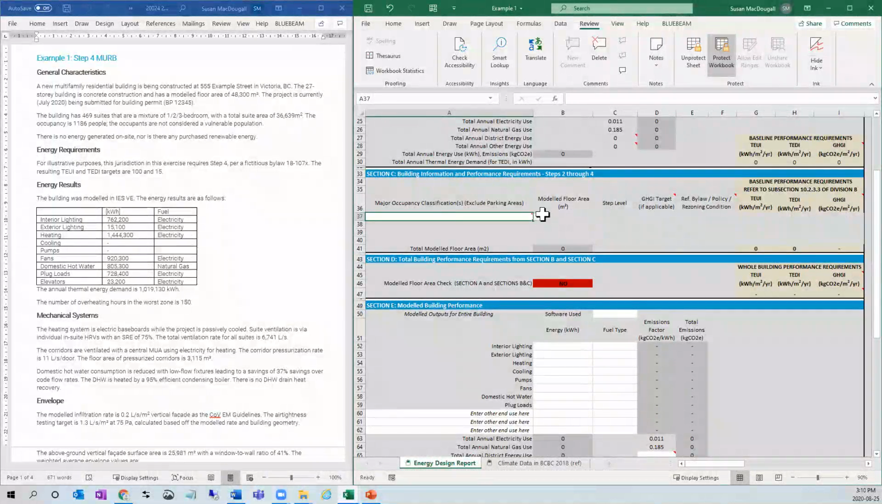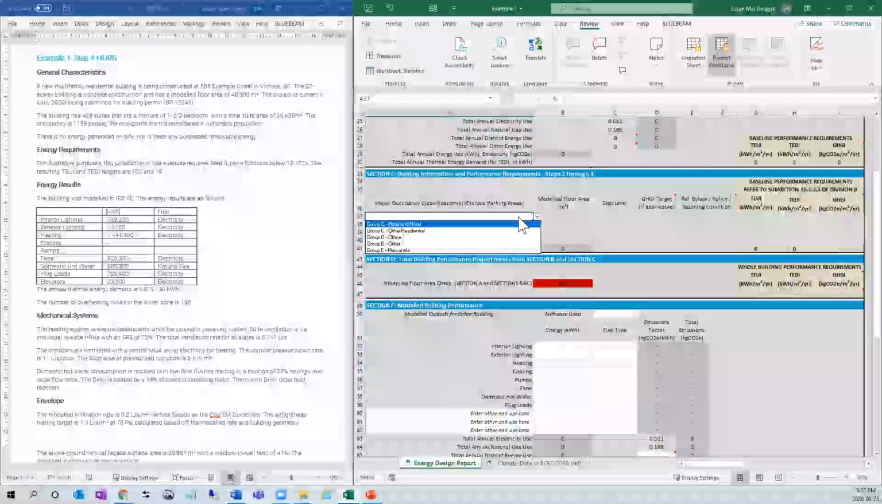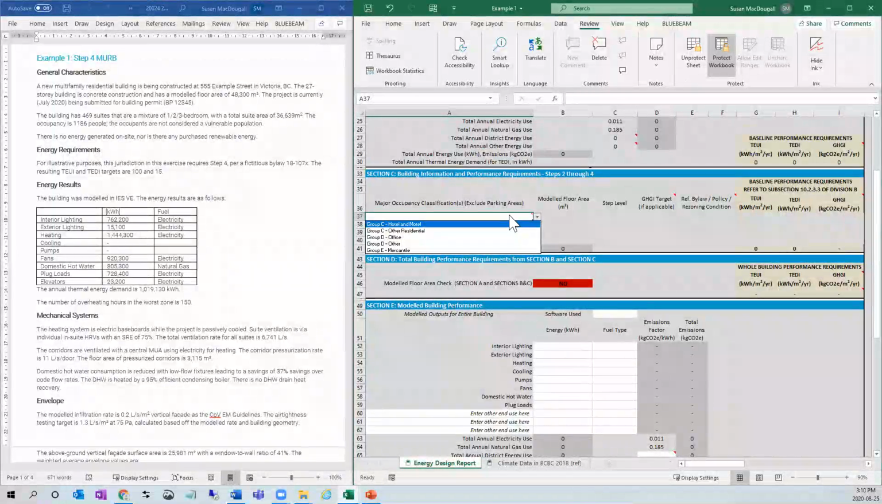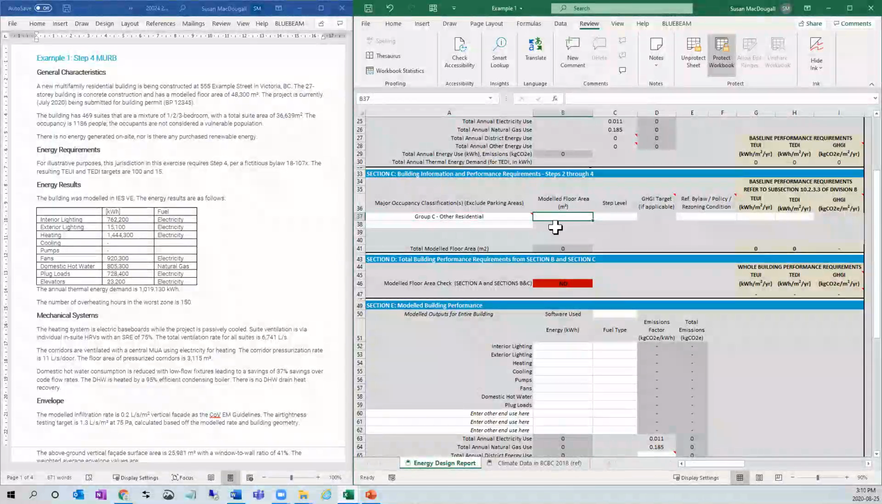So I start by indicating what major occupancy I am working with. I have the option of group C, either hotel and motel or other residential. This isn't a hotel motel, so I choose other. And my model floor area, since I just have one occupancy type, is going to equal the total model floor